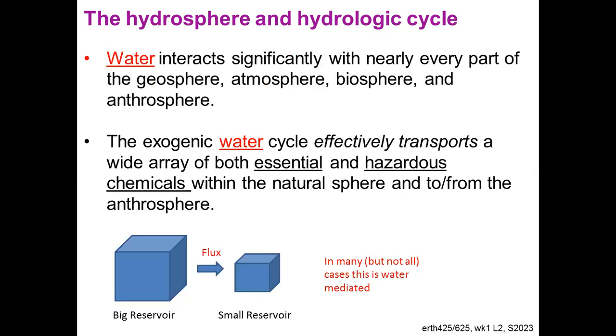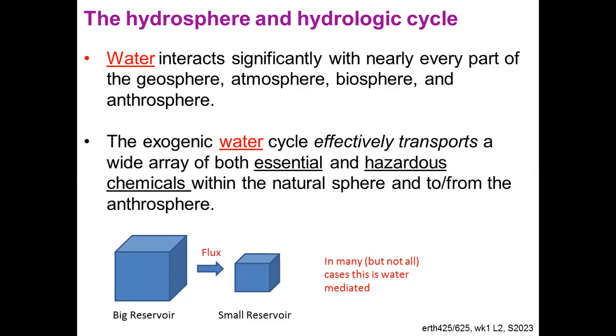And importantly, the exogenic water cycle, remember, exogenic means the exterior part of the Earth, not counting the interior, effectively transports a wide array of both essential and hazardous chemicals within the natural spheres and to and from the anthrosphere. And I've just reminded you of something we talked about last time, which is that we can divide up various parts of reservoirs into sub-reservoirs, and consider the motions of things between them as going between the reservoirs themselves and fluxes, which are the transports, which are given in units of mass or grams or